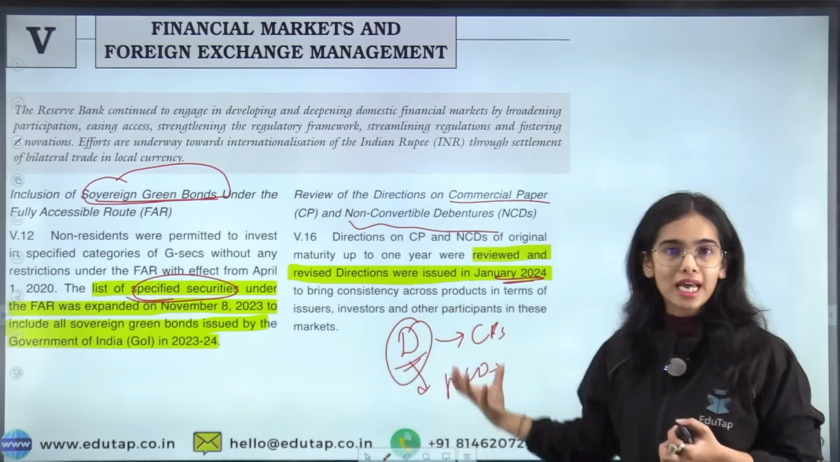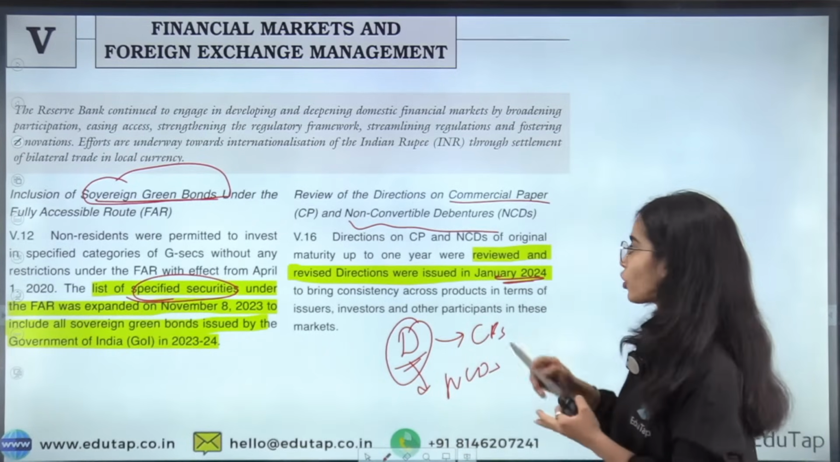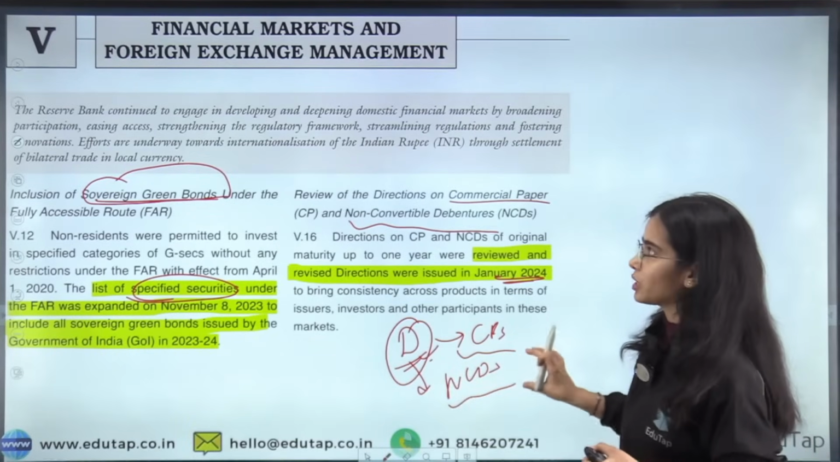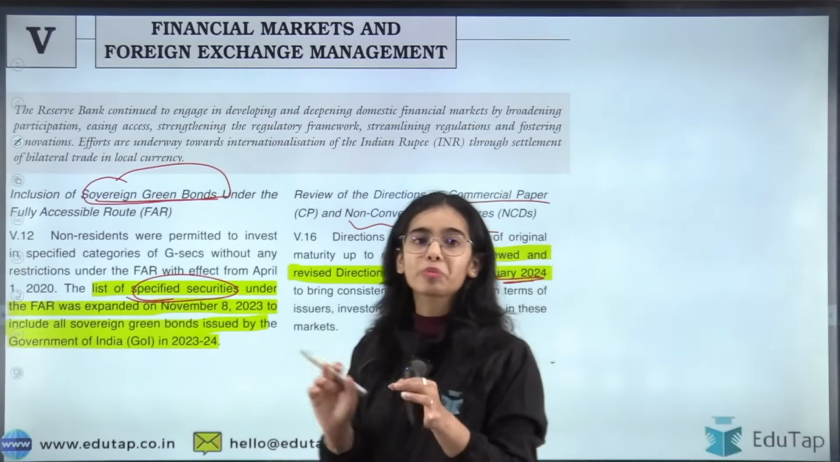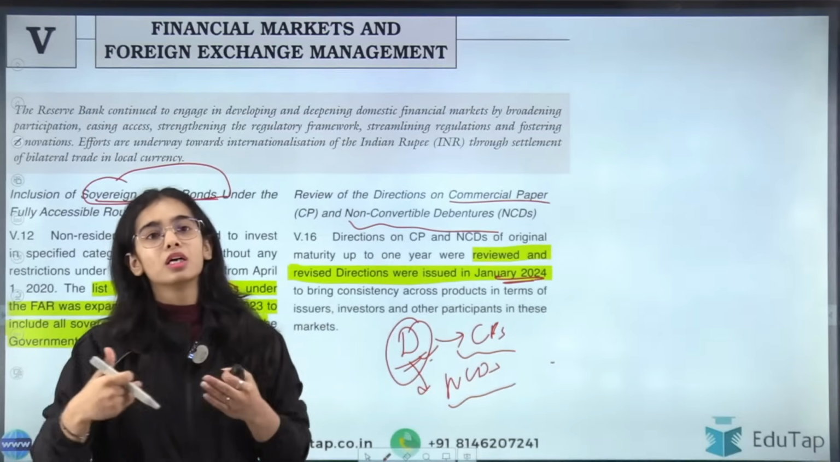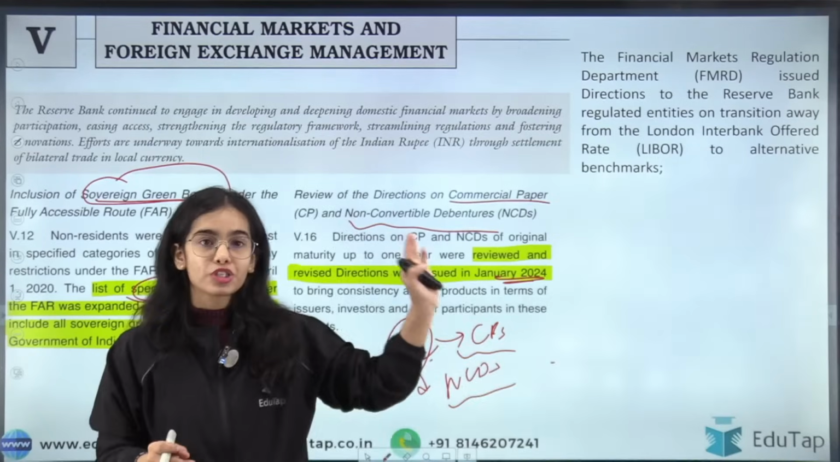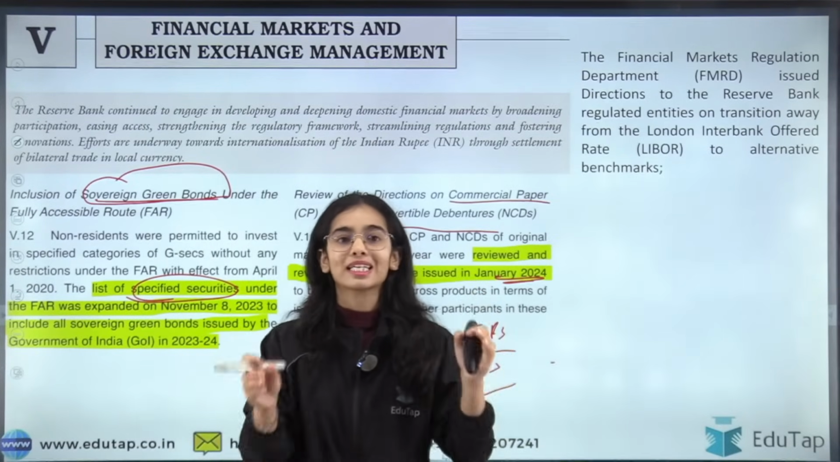So there were the directions that were released for clarity in the commercial papers and the non-convertible debentures. So this is in the financial market to bring more clarity. The RBI is bringing the directions to bring more clarity for the investors. Now there was also the decision that was taken by the Reserve Bank of India that the banks and the